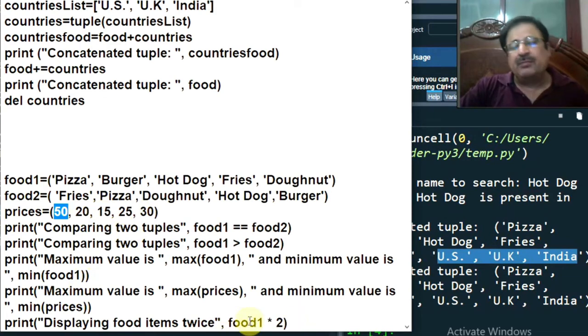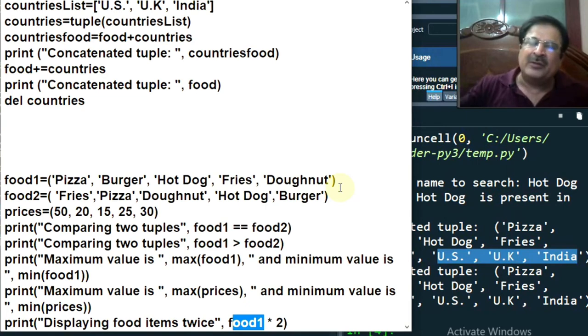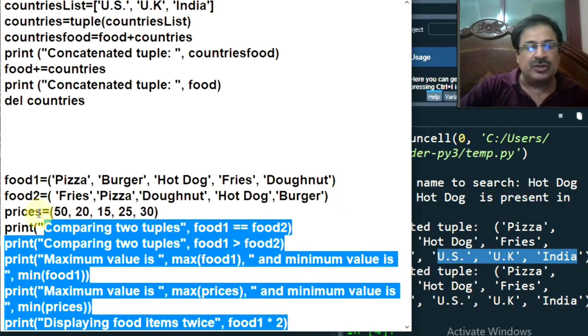This is multiplying. When you write food 1 tuple multiplied by 2, all the elements of food 1 will be displayed twice. After displaying all the elements once, they will be displayed again. If you multiply by 3, all the elements of the tuple will be displayed 3 times. Just copy it